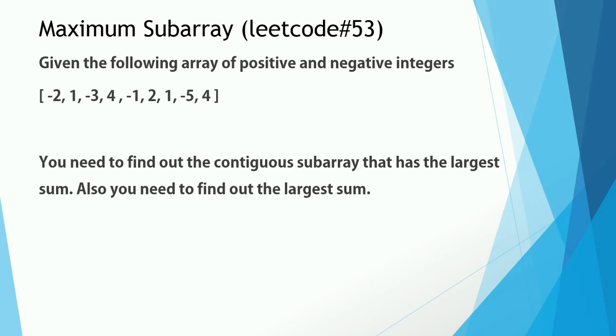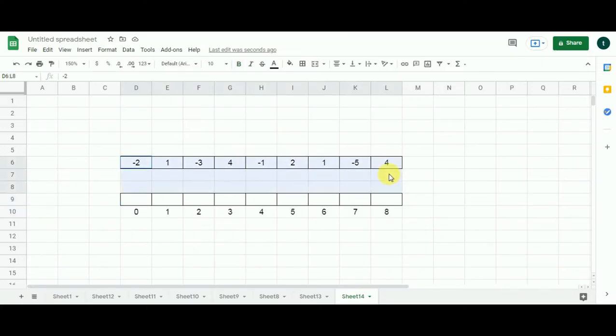I have laid out the array here, and beneath it is the solution array from which we are going to derive all we need as a solution. So let's decide what value to fill in the first cell of the solution array. This cell represents the first subproblem. It also means that we have to consider just -2 as the element in the array. If we have only -2 in the array, what would the maximum subarray sum be? It will be -2 only, as we have a single element. So I populate it here.